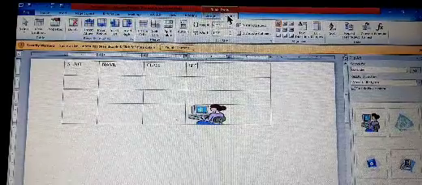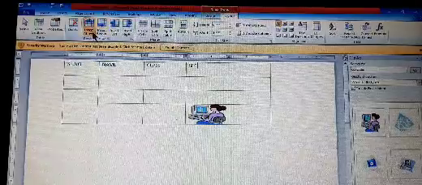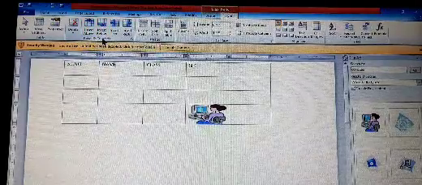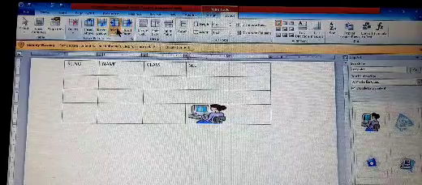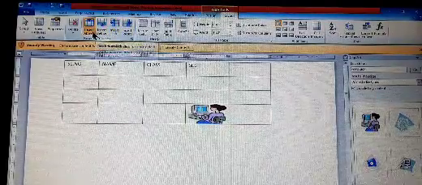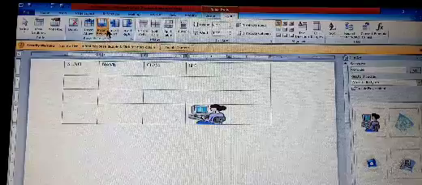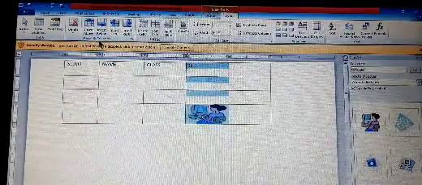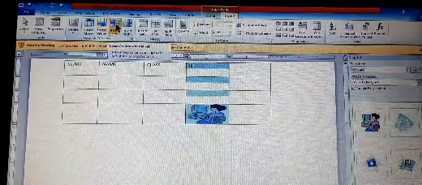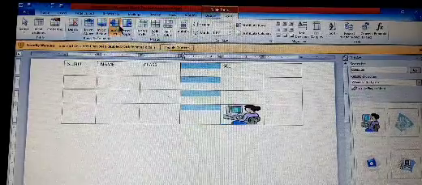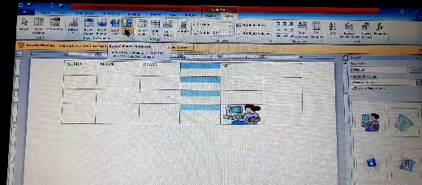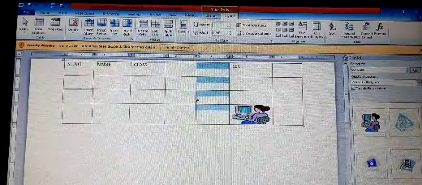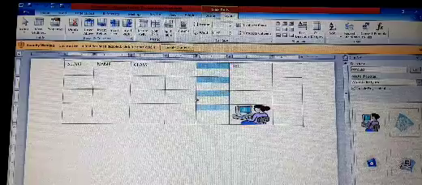Select the Layout tab, then here are the options to insert rows and columns: insert above, insert below, insert left, insert right. Okay. In this way, you can insert columns.